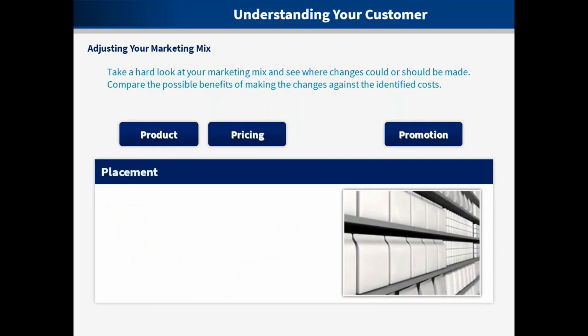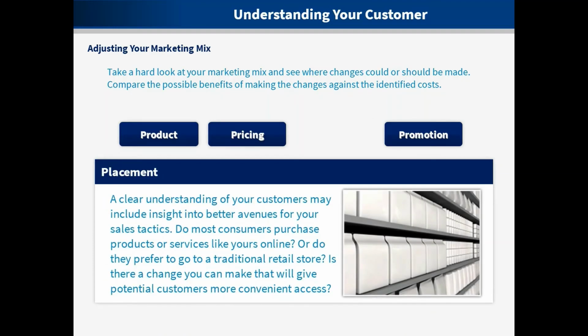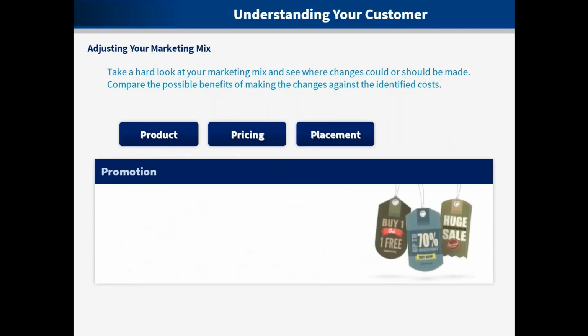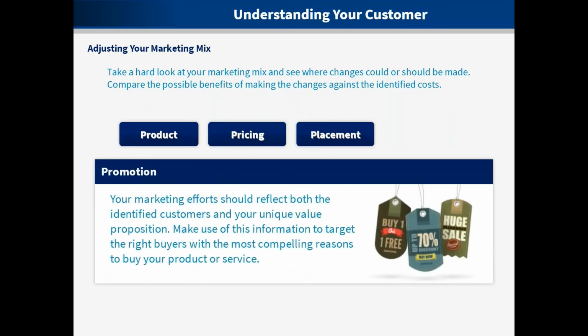Placement. A clear understanding of your customers may include insight into better avenues for your sales tactics. Do most consumers purchase products or services like yours online? Or do they prefer to go to a traditional retail store? Is there a change you can make that will give potential customers more convenient access? Promotion. Your marketing efforts should reflect both the identified customers and your unique value proposition. Make use of this information to target the right buyers with the most compelling reasons to buy your product or